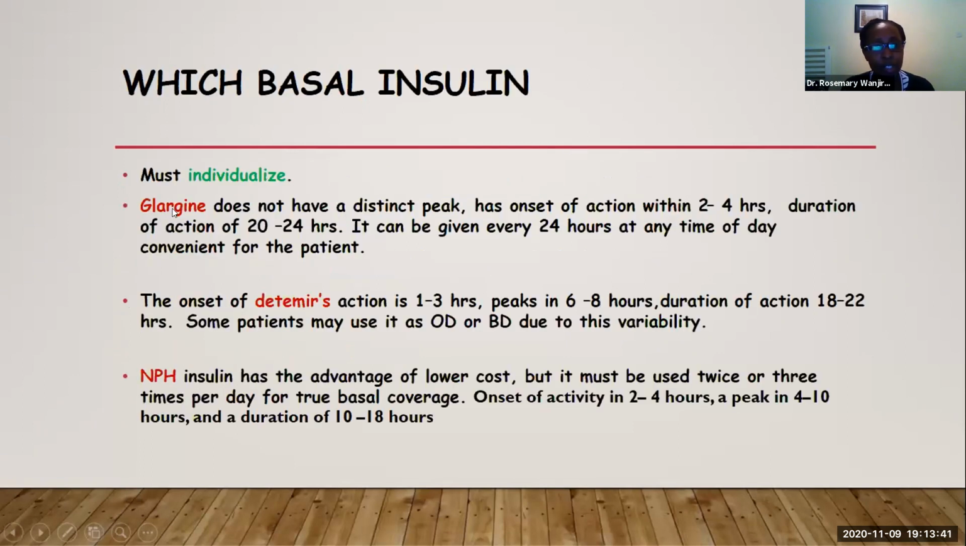The key basal insulins that we use are glargine and detemir. Glargine has no distinct peak and has an onset of action within 2 to 4 hours, and a duration of action of 20 to 24 hours. Therefore, you can give the patient a once-daily dose. Before, we used to be told that you have to give it in the evening, but we have noticed that even if it's in the morning, provided the patient